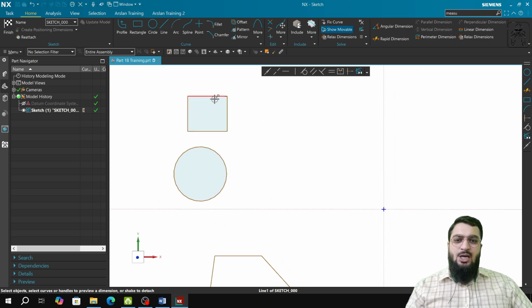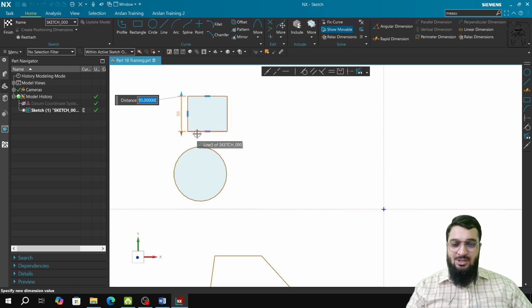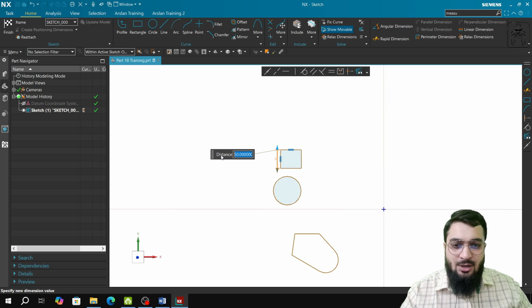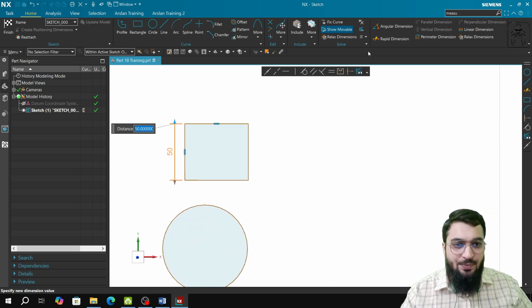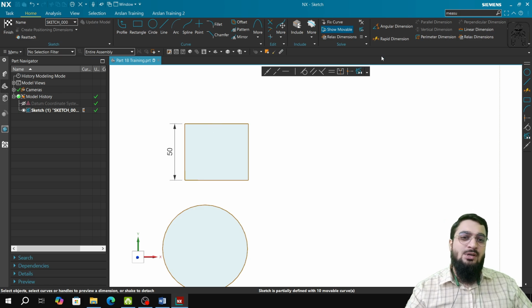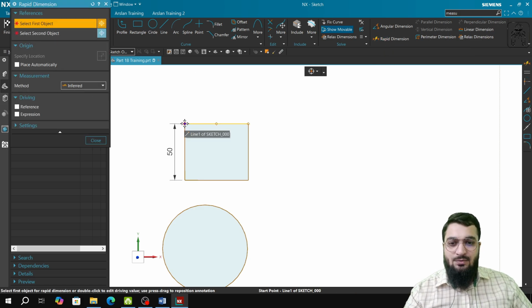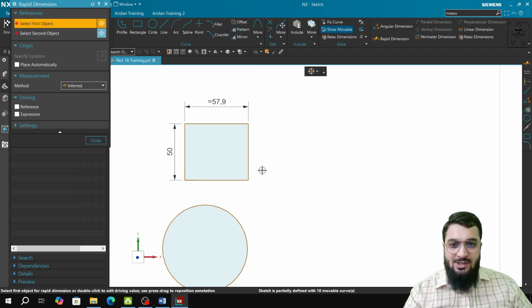So first of all, I will try to give it a dimensional constraint. First, I can just click on the edge, double click on the dimension, put in 50, and click yes, and you will see that a dimensional constraint has been applied. Another method of doing a dimensional constraint is by clicking on the rapid dimensioning tool, clicking on the first object and then clicking on the second object, and you will see that